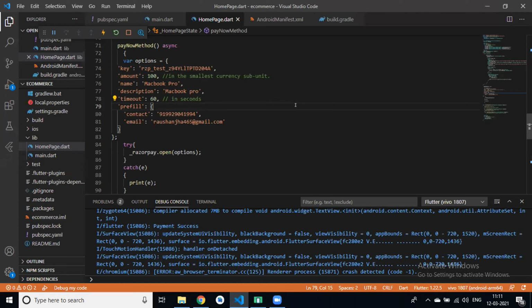Any confusion or any question? You can integrate any payment gateway in your Flutter app, like Stripe, PayUmoney, PayPal, Paytm, and all. Basically, you have to follow the official documentation of that payment gateway.